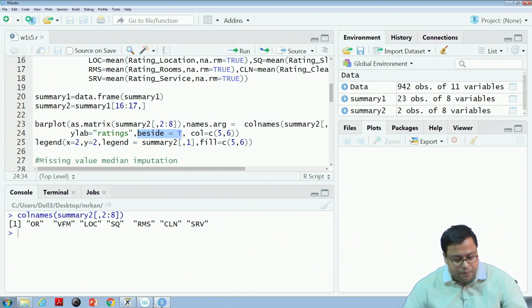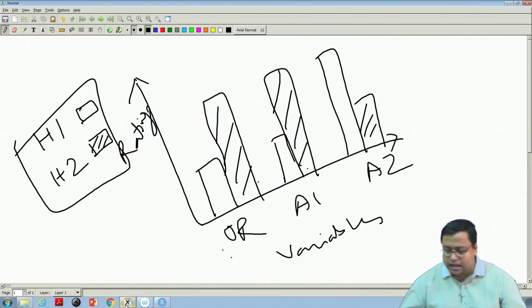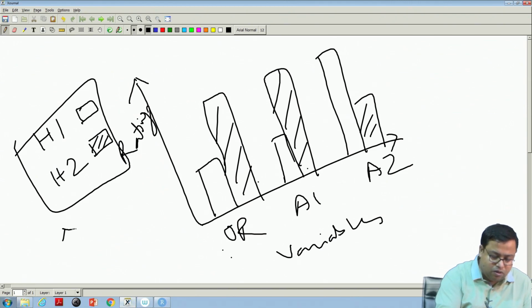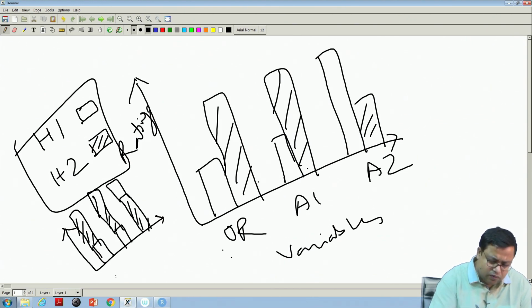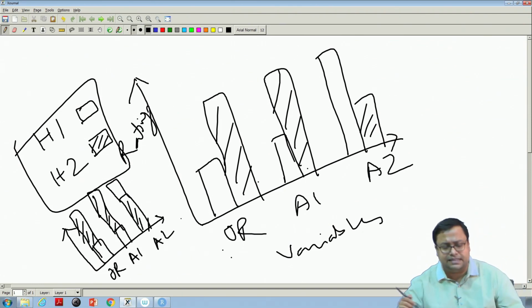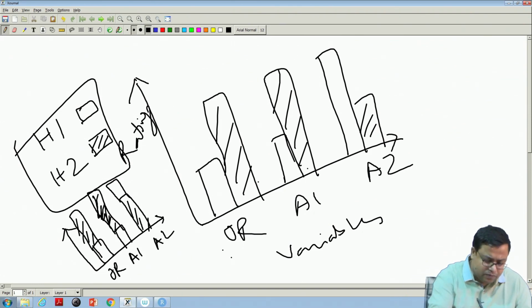One way of representing it is this; another way is something like this: this is hotel 1, this is hotel 2, this is hotel 1, this is hotel 2, and so on, for overall, A1, A2.